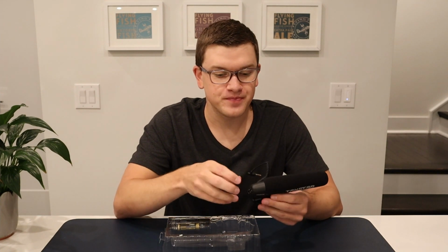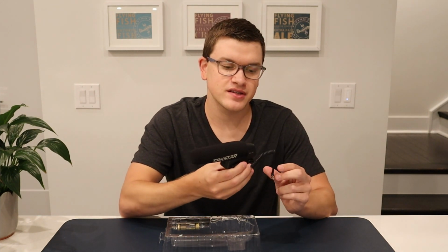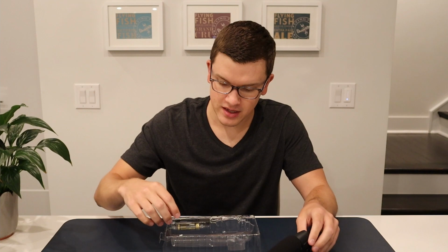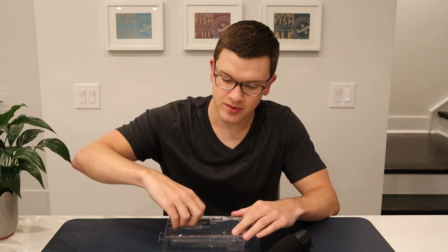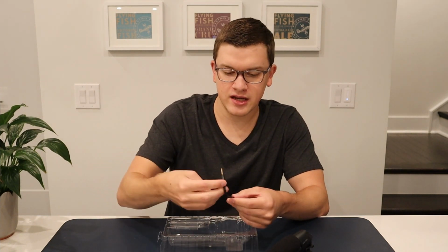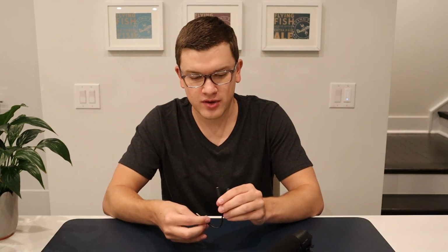So enter the Takstar. Very simple setup here. This is a headphone jack that'll attach into the side. We'll get that mounted onto the camera in just a moment. Additionally with it, we have just a AA battery in order to power it. And it comes with a headphone splitter,